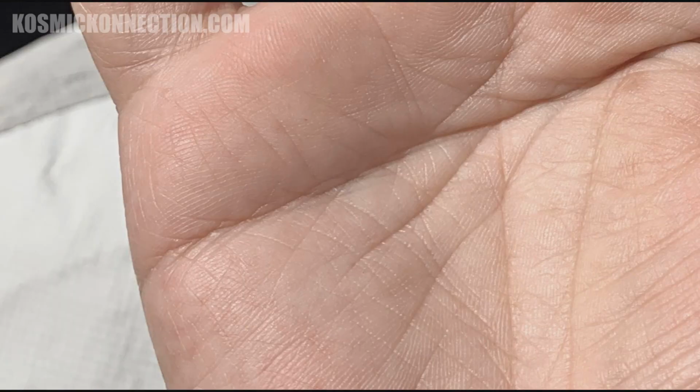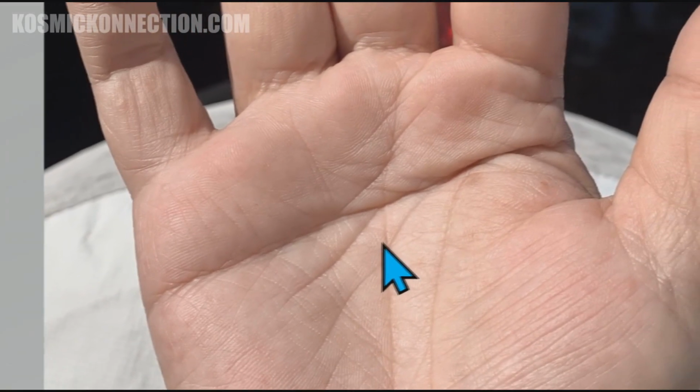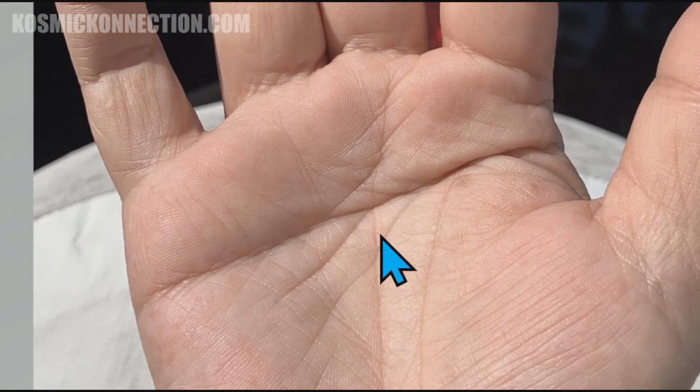Let's go take a look at your spine line. And we've had people question us before. They're like, spine line, what is that, and what's that got to do with palm reading? Well, I'll tell you, back when Kat was getting her master's degree in health education, she'd run across a book